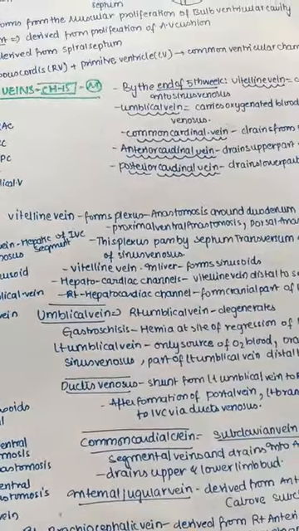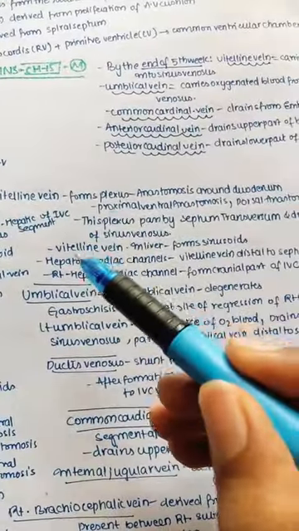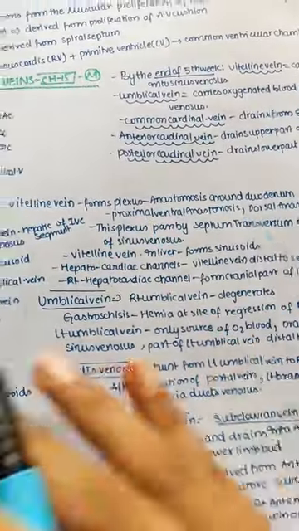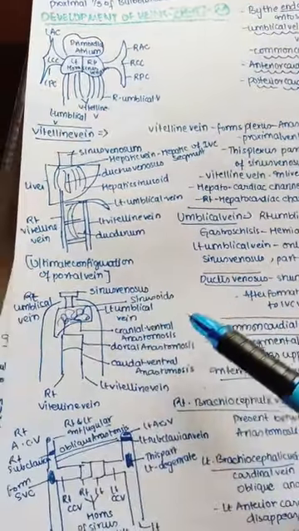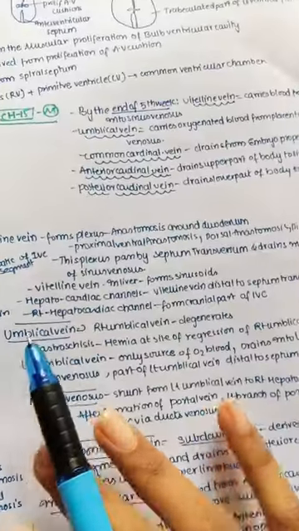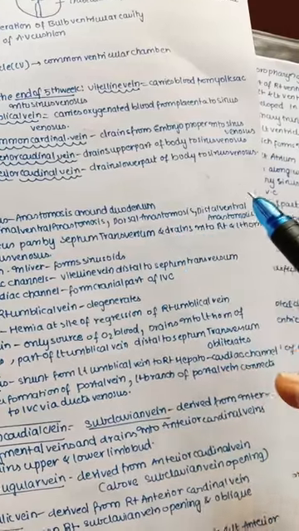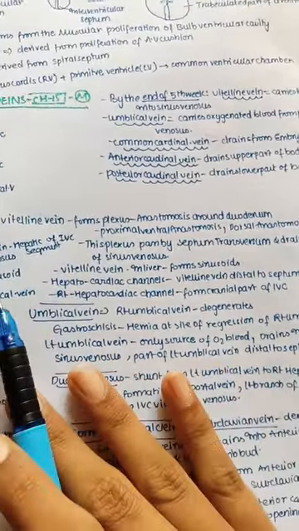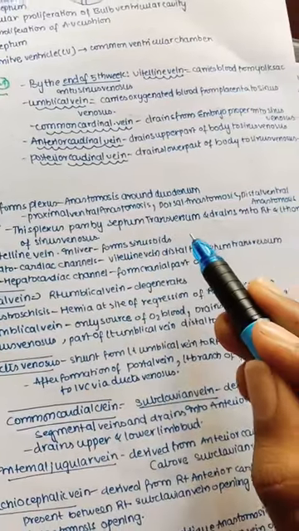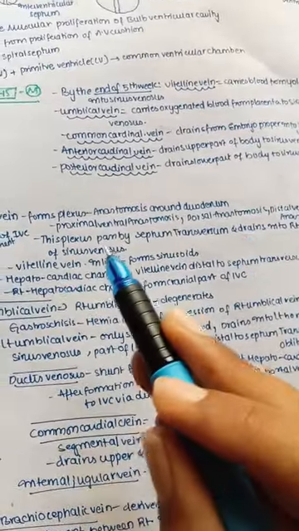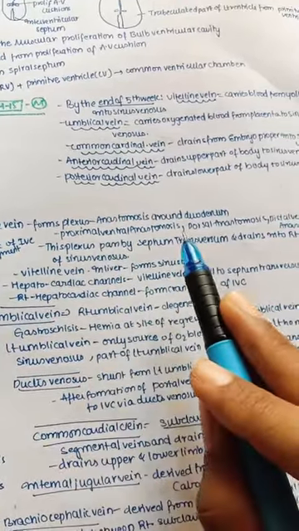Now let us see particularly how the vitelline veins form all those things. The vitelline vein mainly forms a plexus of anastomoses around the duodenum. So you can see this is the duodenum, and around the duodenum the anastomoses are formed: the proximal ventral anastomosis, the dorsal anastomosis, and the distal ventral anastomosis. So these are the different kinds of anastomoses formed by the vitelline vein. This plexus mainly passes by the septum transversum and drains into the right and left horn of the sinus venosus. So remember that the vitelline vein passes by the septum transversum.